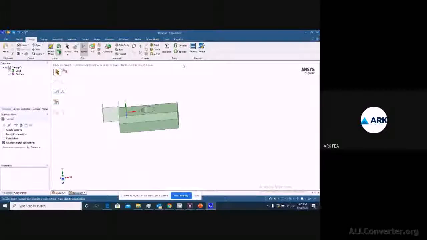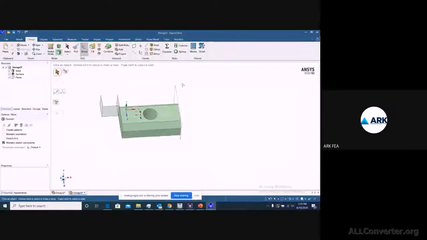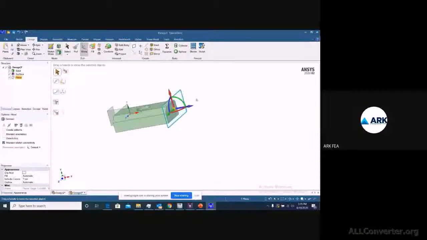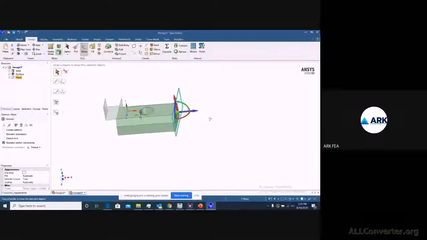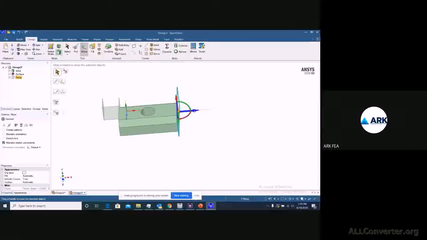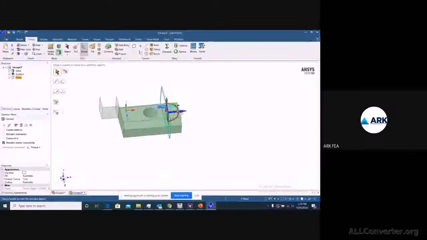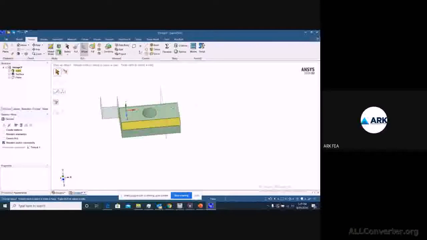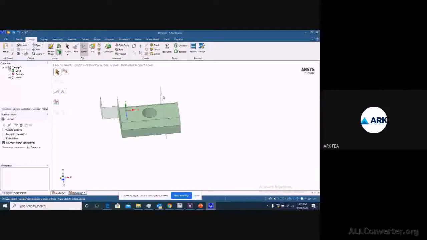So before going to split body, we need to have a reference for this one, right? So we'll go to move, and we'll take a plane. First we'll place a plane here, then move it to certain directions. So you will be able to orient this plane in XYZ, and also you can move it in XYZ direction. So I will just move it as of now in Z direction. So negative Z direction I'll move it, and I can specify particularly till where I want to place it. So this is how I have placed my plane, and the reference I have created.